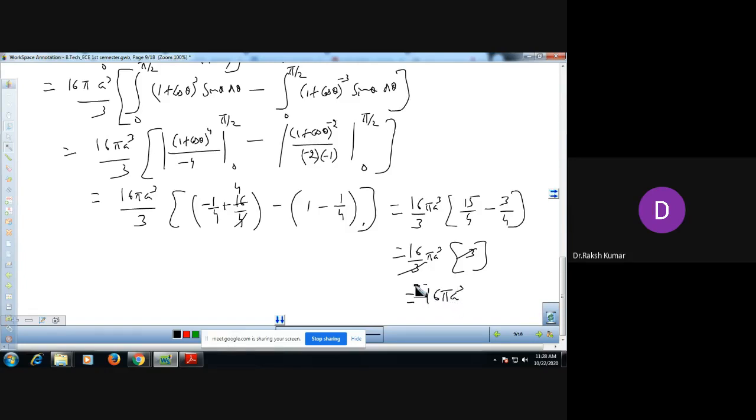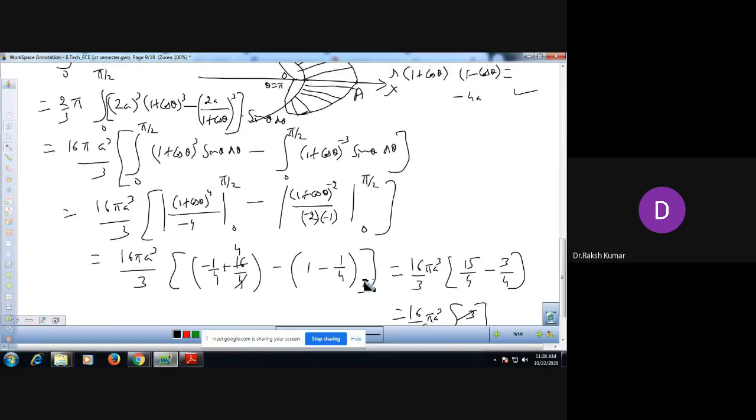But you must verify it before proceeding further. You must recheck it. So let us recheck once more, so that we can clarify whether we are getting the right value or not. Now you can substitute the limits here. It is a negative term. When you substitute cos pi by 2, this comes out to be 0.